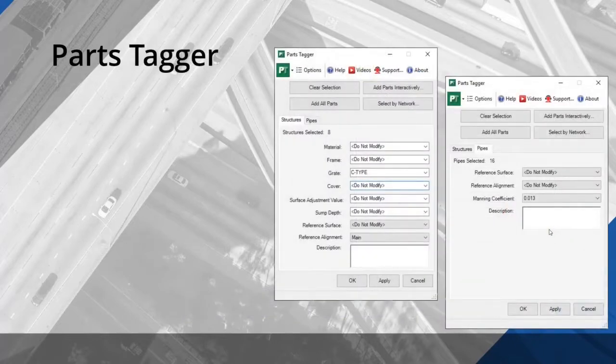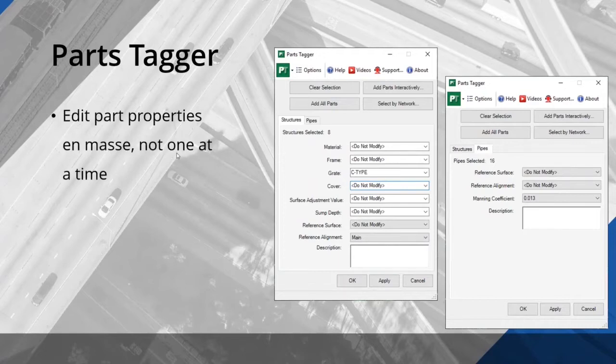And finally, I'll mention briefly, we didn't do any major enhancements to this, but it's part of the pipe network workflows with the CTC tools. It's called Parts Tagger. I just want to mention it briefly. Those of you who aren't familiar with it, it allows you to edit part properties in mass across an entire network, across an entire set of structures. So all kinds of things like reference surfaces or descriptions, or reference alignments, the surface adjustment values,